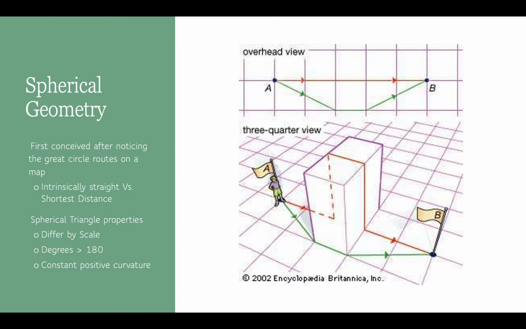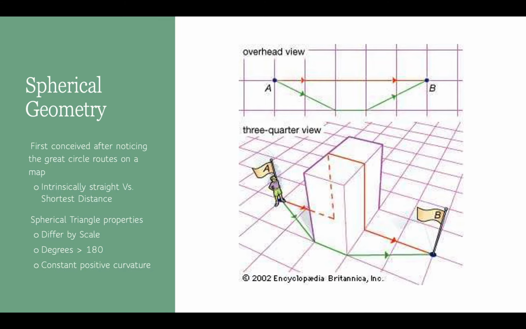So I started off with spherical geometry, which was first thought of after noticing on a map that the smallest distance between 2 points on the globe is not a straight line, but actually a curved line. And this is because the size of the circumference of a sphere is altered as you move further from the center. Imagine if you move further from the equator, then the circumference of your circle is smaller and smaller